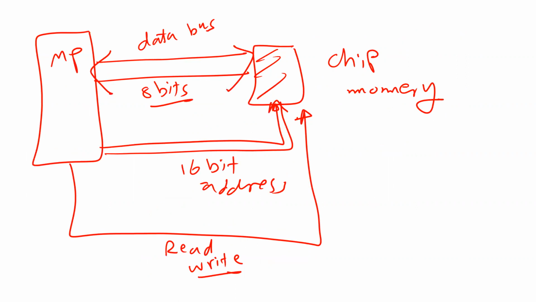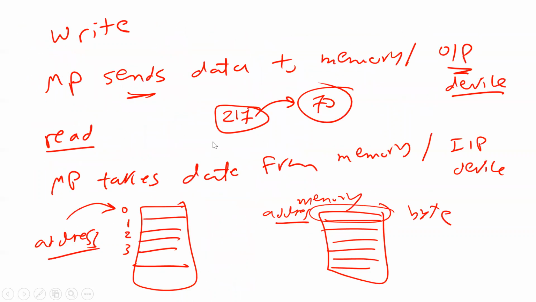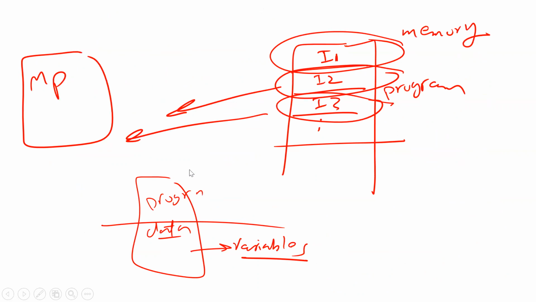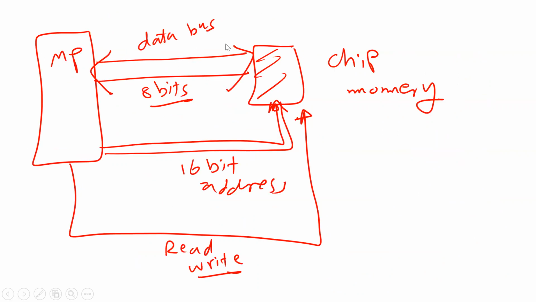Okay, and this is how it is actually connected as hardware. Look here. As I told you, the complete system should have input-output devices, and you should have memory as well. Now, I want to only focus on the memory. That's why I'm going to remove the input-output device. Here, this is a memory chip, and you have the data bus. The data of this memory is connected to here.